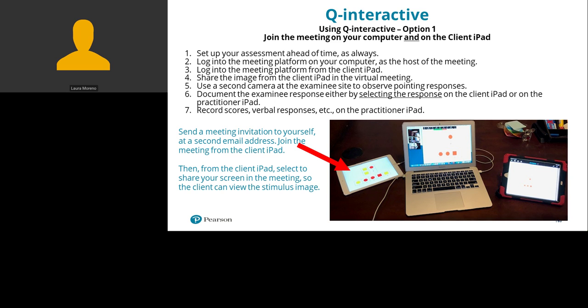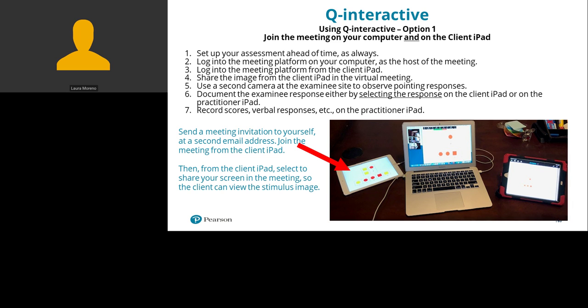A second camera would be set up at the examinee's location, allowing you the ability to observe pointing responses. Throughout the assessment, you would document the examinee's responses either by selecting the response on the client iPad, or you have this functionality on the practitioner-facing iPad as well.